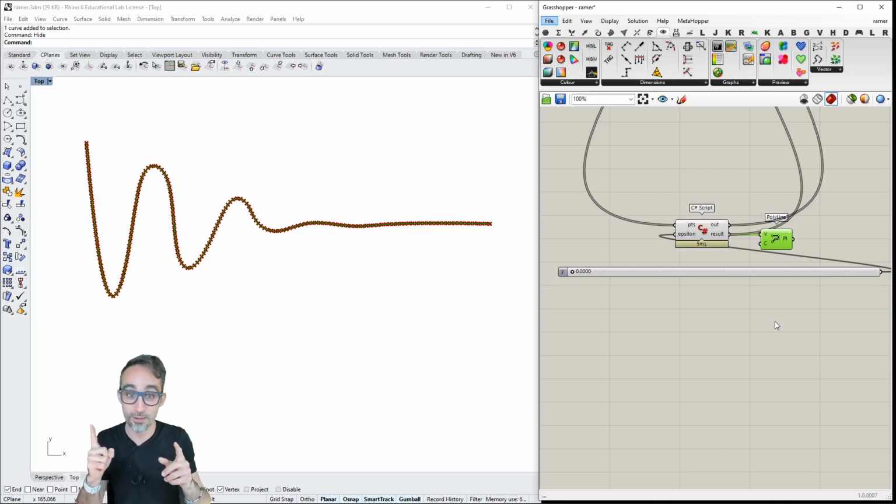I have here a polyline. I have a curve that I have subdivided in 200 elements. So I have a polyline that has a lot of tiny elements between vertices that are very close to each other. But with this algorithm, I can set a threshold distance that I'm going to use to define which vertices are not really giving me any meaningful detail for this polyline and which ones are important